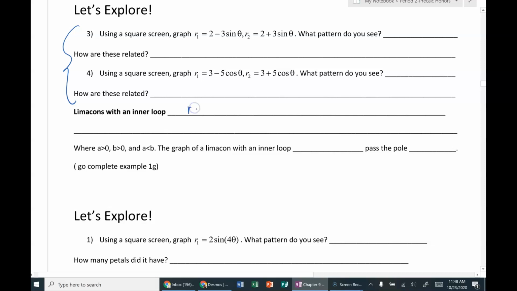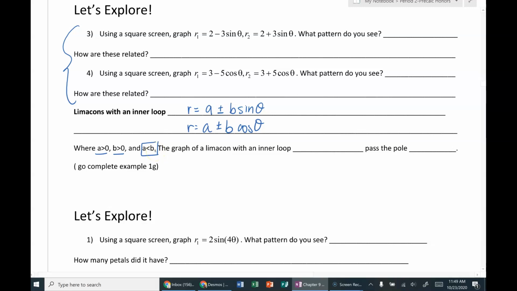So we have 2 equations, technically 4, but I'm going to write 2 on here. We have A plus B sine of theta, or A minus B sine of theta. Then we have the same thing except cosine of theta. Now the difference between it without a loop and with a loop is this. This is still the same. A and B are both positive, but because A is less than B, now it is with an inner loop,